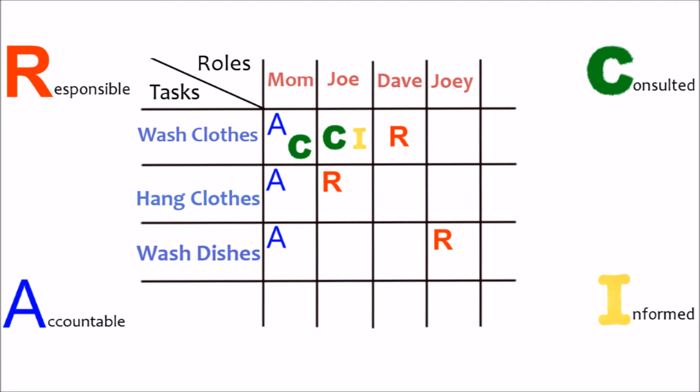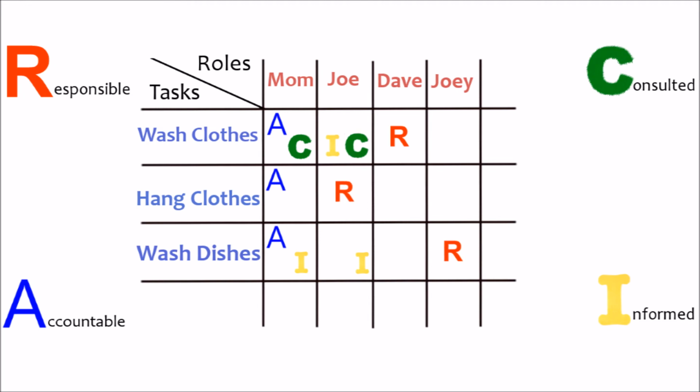Who to consult better than his mom, who is the accountable person for this task, or Joe, who is the elder sibling. As we remember about the dishes and what happened to them, we think that it would be better if Joey, who is responsible for washing the dishes, would inform Joe or the mom once the job is done, so one of them could take in the dishes so they won't be dirty. So here is our resulting RACI chart